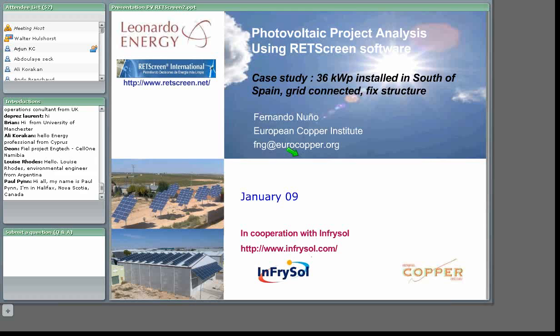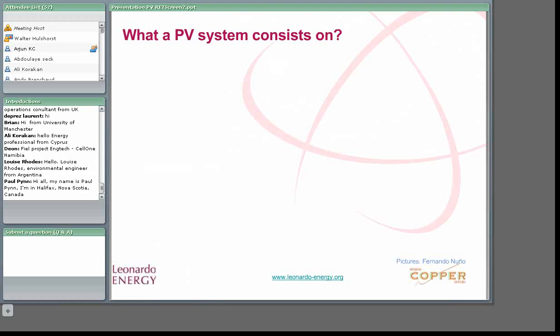So we will see what's a PV system. Then we will see some differences between the fixed structure and the tracking system. And then we will go across the RETScreen module analysis, required inputs, computing, and results. What a PV system consists of: